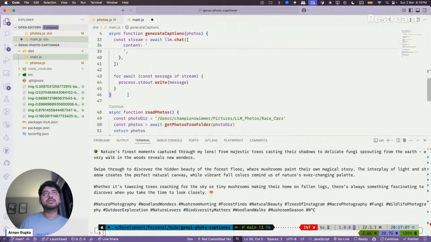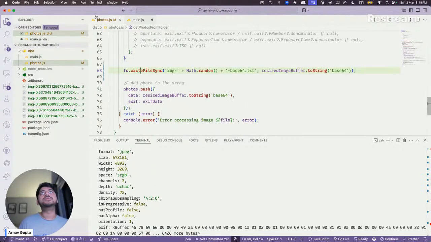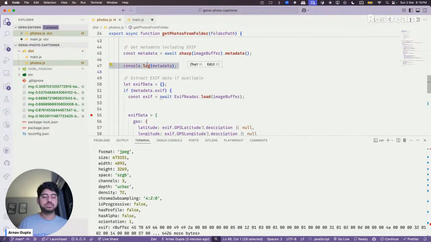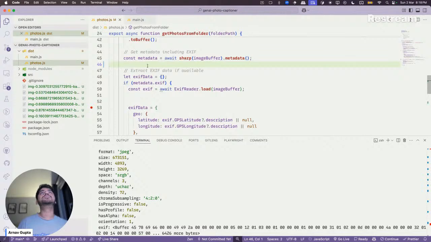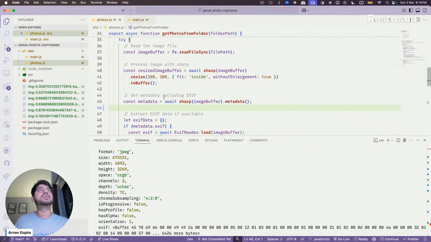Let me remove the console.log from here, and let me remove this part as well.